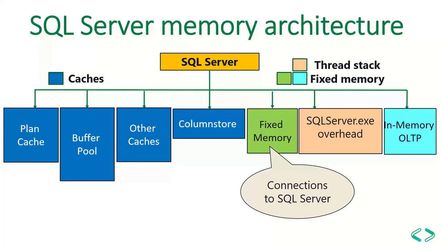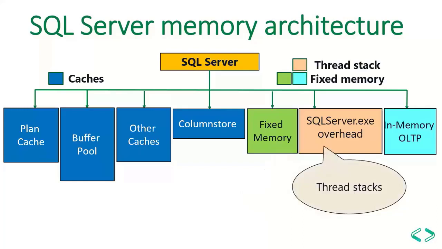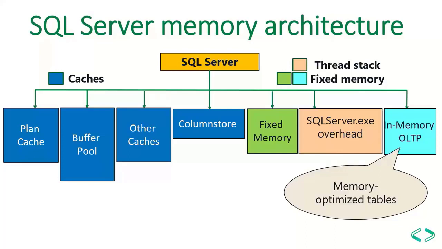There is also another type of cache known as SQL Server.exe overhead cache. As you know, SQL Server.exe is an executable, and many things will be running in this executable, for example, the thread stacks. There is also another type of memory known as in-memory OLTP. Even this type of memory is a fixed memory. That means it cannot be expanded or shrunk when there is a memory pressure. So another process should kick in and clean up the tables inside this in-memory OLTP, such that we have space for newer objects to be stored inside this particular cache. So that's the overview of the memory architecture.